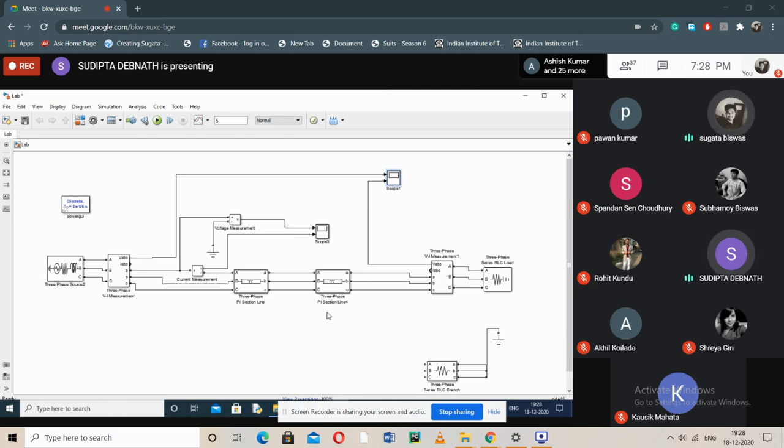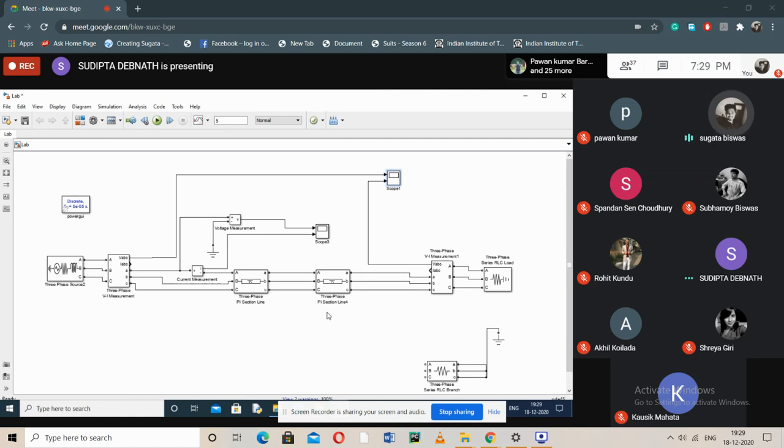Okay, in your lab, ma'am, do we need to make any picture, like any circuit picture, in our assignment? Yes, you can draw a single line diagram, or you can just draw what I have shown you. That is up to you. Okay, we can show the pi sections. Resistors are neglected. You know how to draw pi sections, isn't it? Only use inductance and two capacitances for one pi section.